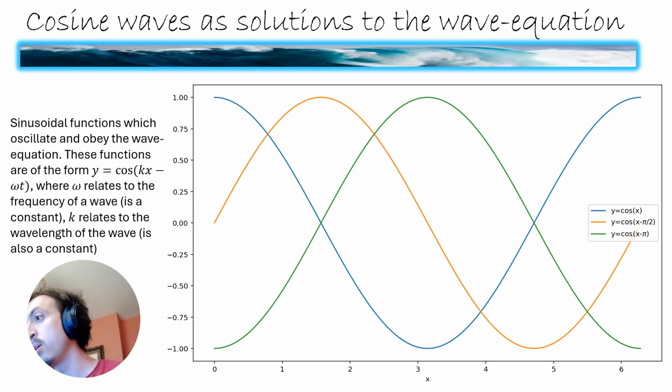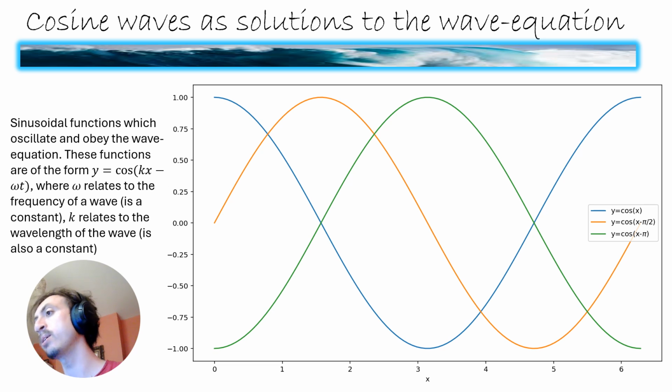So if we look, for example, at our orange curve, we can see when x is 0, the orange curve is at 0 displacement, but then when x is roughly 1.5, essentially something like pi by 2, which corresponds to 90 degrees, the output is